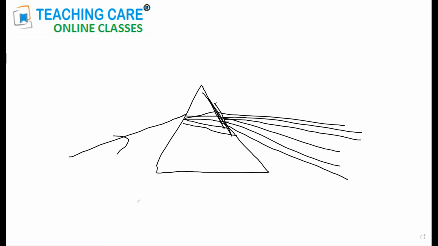And fixed at one end, comma, if the free end is repeatedly pushed and pulled sharply, as shown in figure, comma, compressions, see the spelling on the screen, compressions in bracket C, comma,